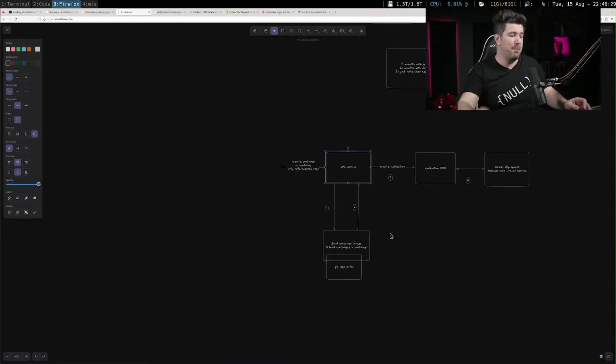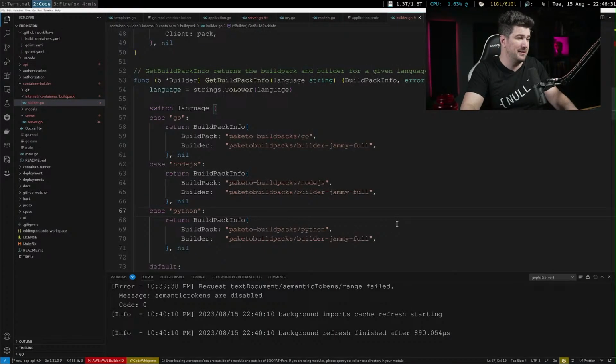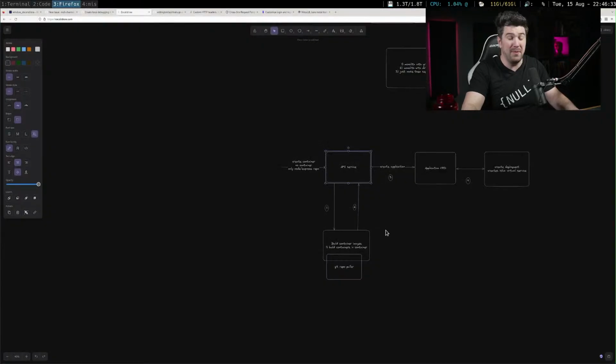But this is the basic thing, and right now what it does is you can point me at a Git repo, and I will run that. I will build that Git repo. I will build a container for you, an optimized container for you, and I will host it and put it by a URL. All right, Dutch, question.